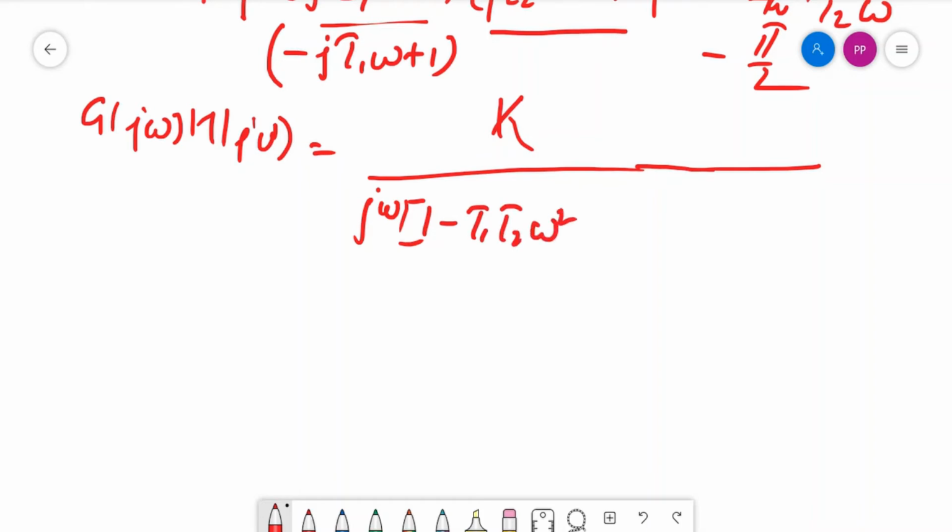I am expanding the brackets, plus j (tau 1 plus tau 2) omega, bracket close. So on expanding, we will find all these 4 terms in the denominator, and that can further be written as K divided by